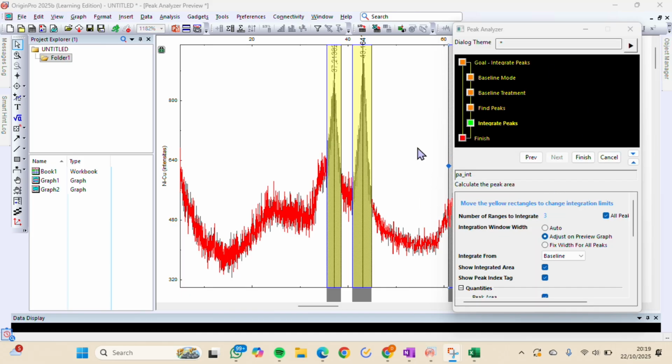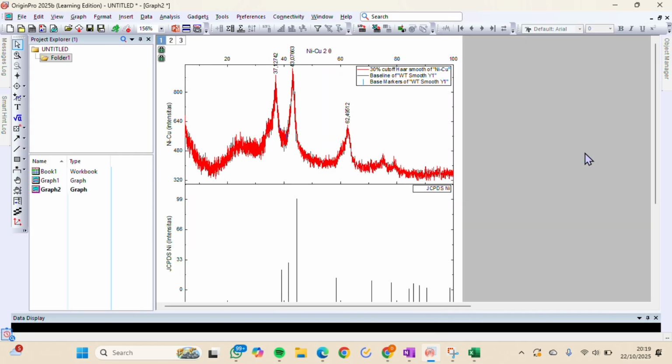After this, we click the finish panels, and then we get the graphic with the number in every peak that we used before.